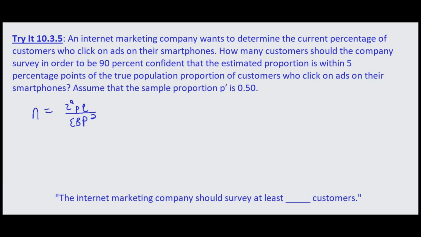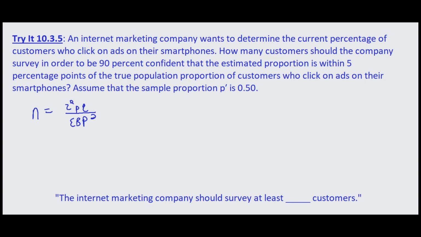So we're told that an internet marketing company wants to determine the current percentage of customers who click on ads on their smartphones. We're asked how many customers should the company survey in order to be 90% confident that the estimated proportion is within 5 percentage points of the true population proportion of the customers who click on ads on their smartphones. So assume that the sample proportion p is